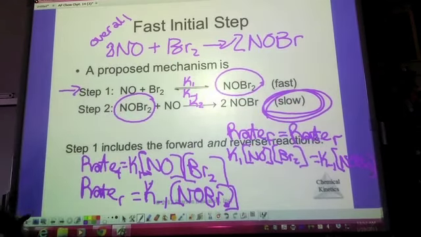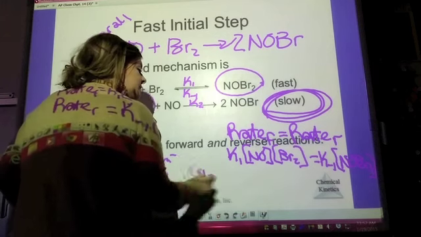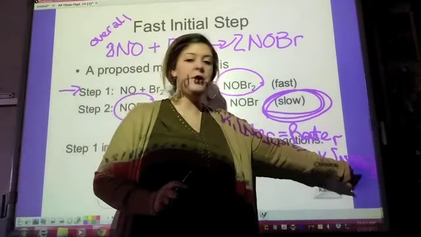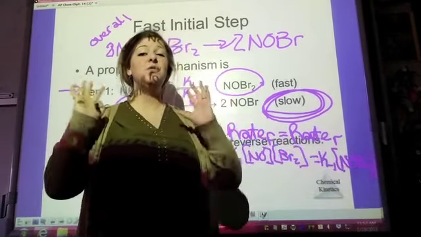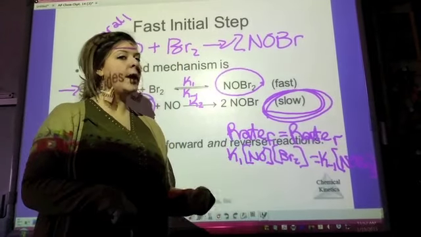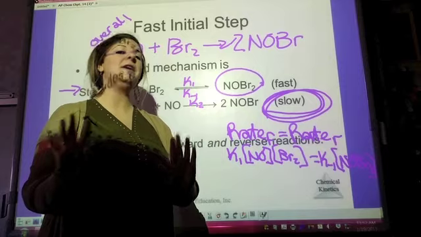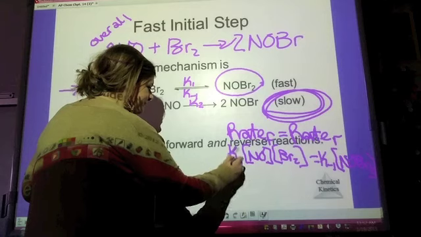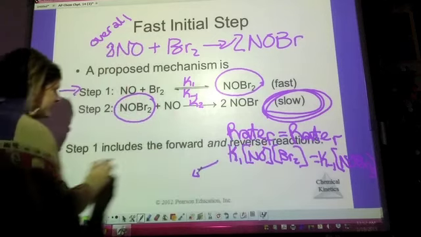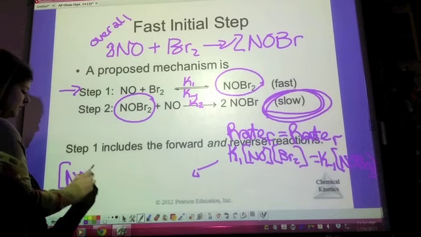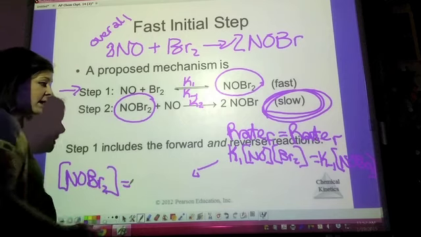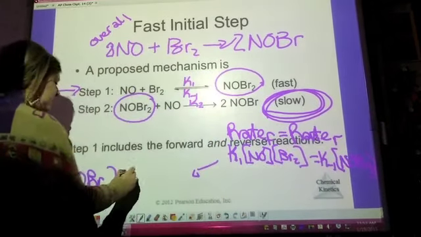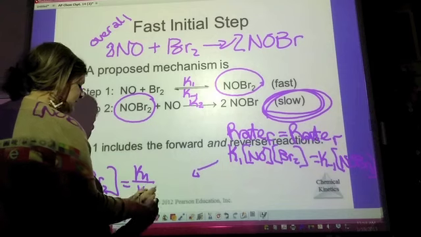Oh my gosh, we are going to get there. I know you're excited because I'm really excited. So if those 2 things are equal, let me solve for the concentration of NOBr2, and then maybe I can substitute that whole thing in for NOBr2 in that original rate law, and then hopefully we get the experimental rate law. So if I rearrange for this, I'm going to get NOBr2 equals, I just need to divide both sides by K-1. So I will have K1 over K-1